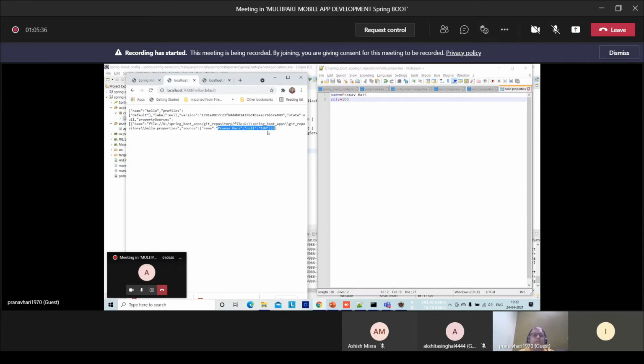During execution, the properties file which is supplied, the config server fetches data from that. So at dynamic time, there can be any kind of modifications or alterations, or a new properties file can be created or added without restarting the server. That is the conclusion.